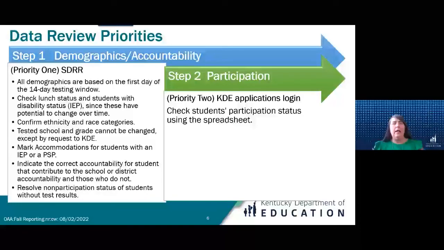And then what I want you to do, for all the demographics, because I just want to review this, since we do have new district assessment coordinators and new building assessment coordinators, when they're reviewing the demographics in SDRR, that will be based off of the first day of your 14-day testing window.